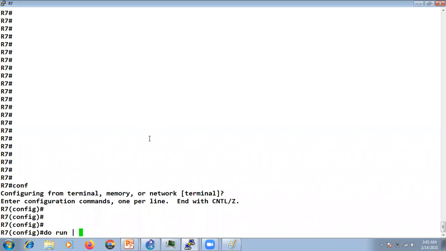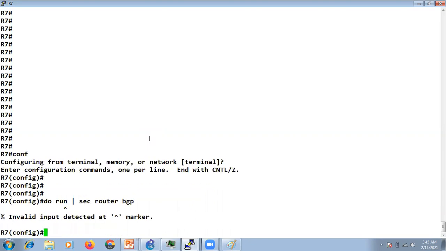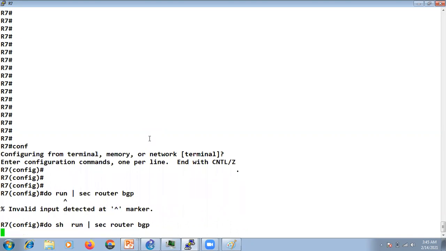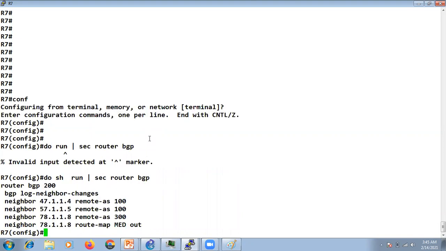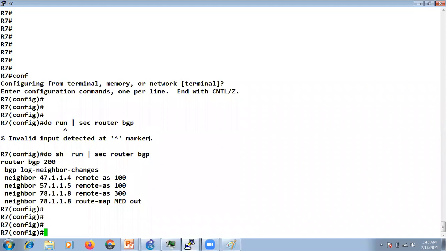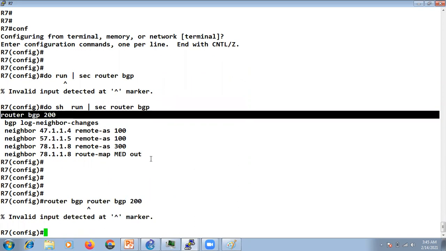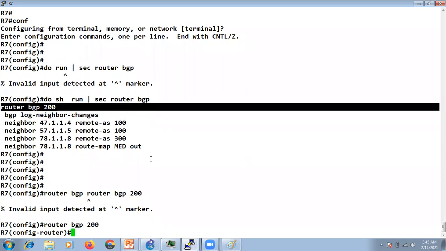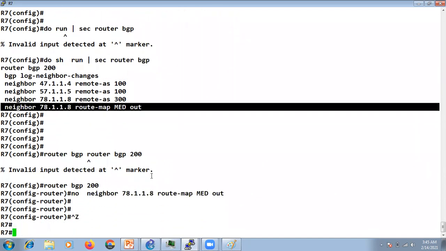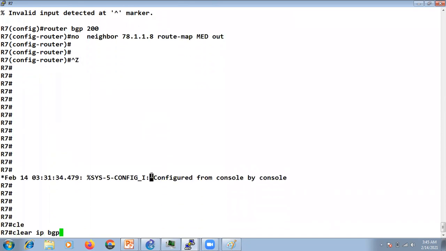Show router BGP. Do show BGP. I'm not sending anything now; clear IP BGP star.